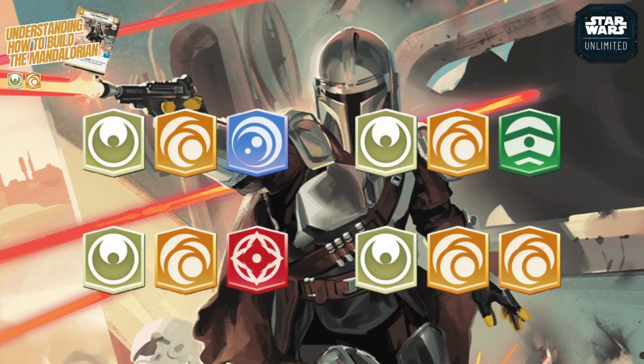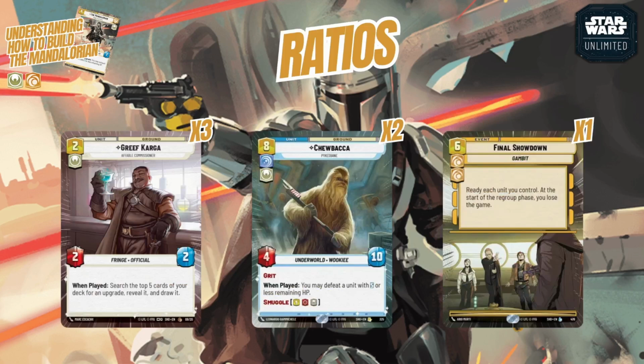Now, since we have covered that, we're going to go over the ratios, because it's important to understand how many copies of each card you want in your deck. In this game, you can play up to 3 copies of any given card, so you can play 1, 2, or 3 copies, and it's relevant to know when you want to play each amount. So, for 3 copies of a card, technically,